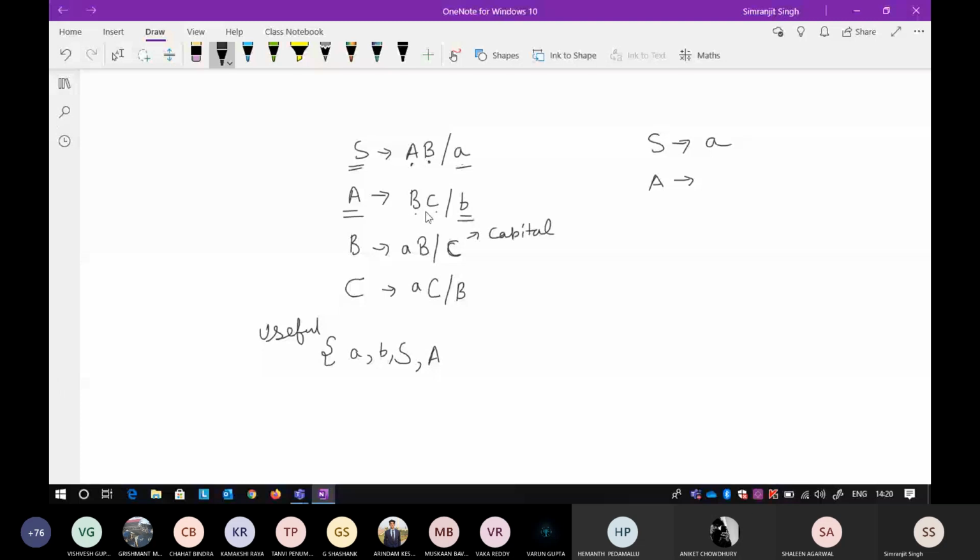So these both are not part of the set, so you can directly eliminate them. The only remaining thing is your B. And then there is a B. So again, A, B. A is there, but B is not there. C is also not there.